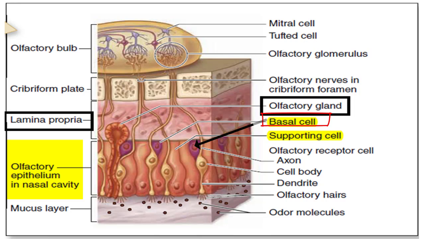These cells are also stem cells for the olfactory cell. They are stem cells for the supporting cell. The basal cells replace the olfactory neurons every 2 to 3 months, and they also replace the supporting cells less frequently. So it means the sense of smell is not lost permanently most of the time, because these cells are going to regenerate your olfactory neurons every 2 to 3 months.